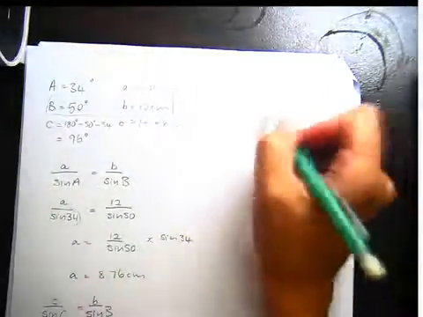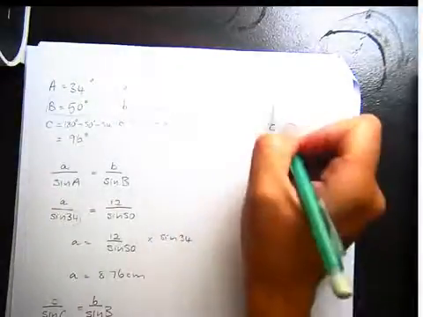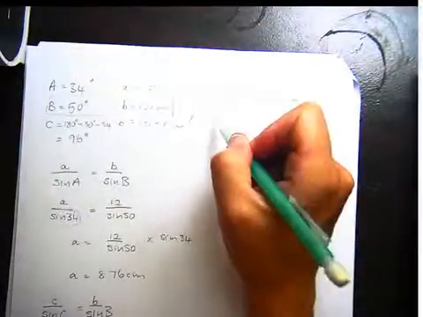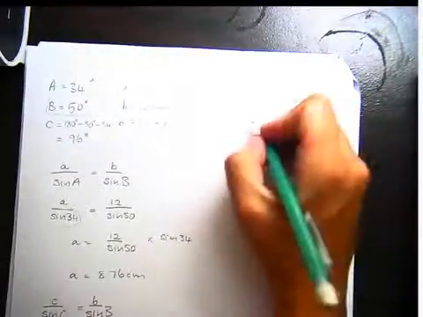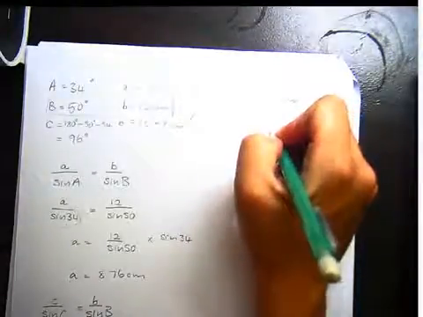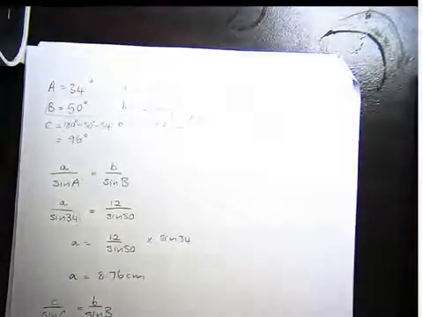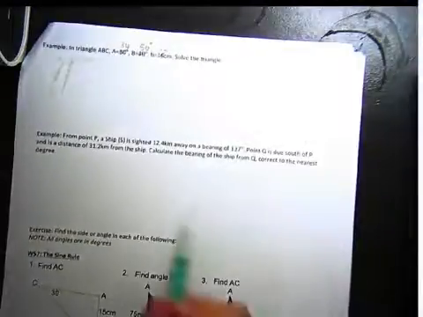your shortest side should correspond with the shortest angle. So side A is the shortest side, so that means that angle A should be the smallest angle. And it's the same here with the largest. Angle C is the largest angle, so side C should be the longest side, which it is. Okay? All right, now very quickly I'll do